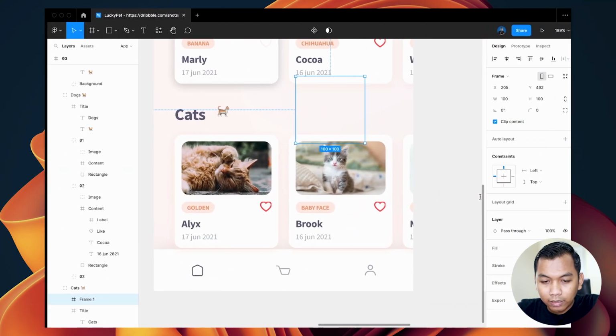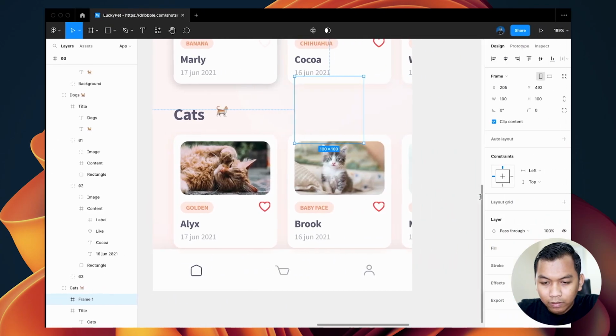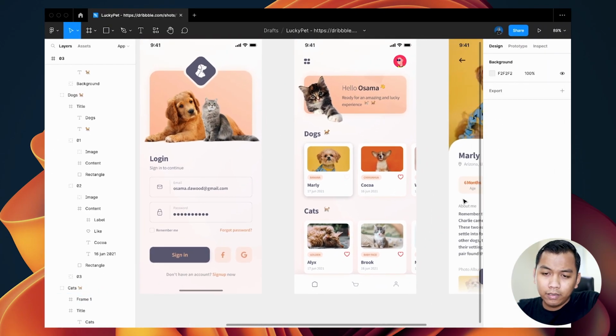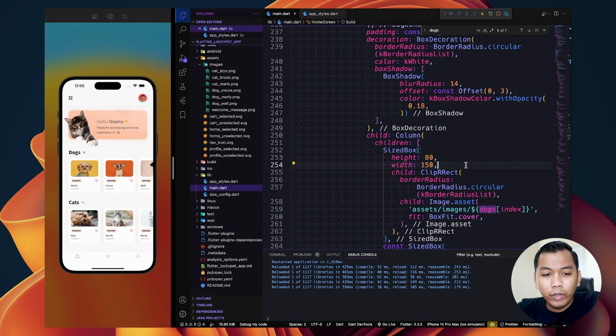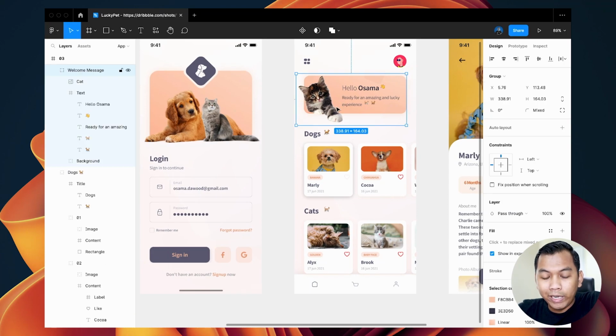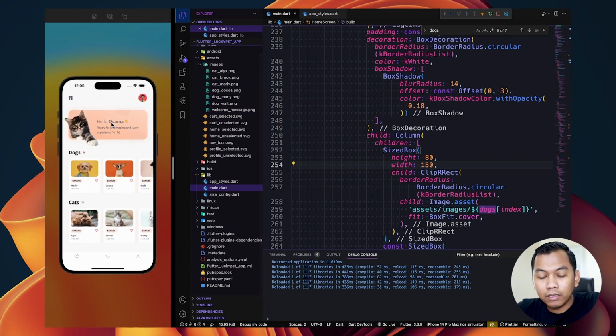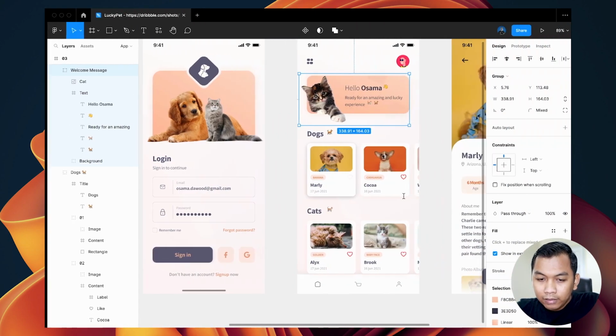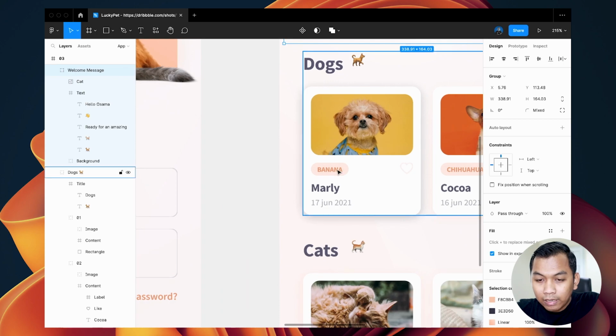Alright, so let's see the design. Alright, so I think it's similar with the design. So we just need to manipulate this image and place it on the back, and we will place text on the front, so it will look like this. How about banana? So I think we need to change the banana color.